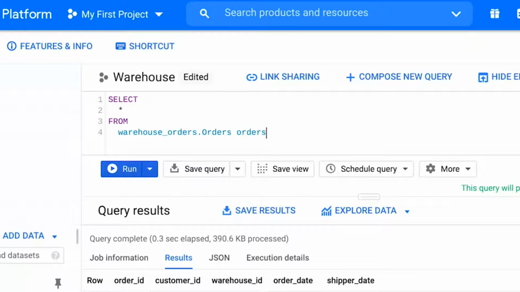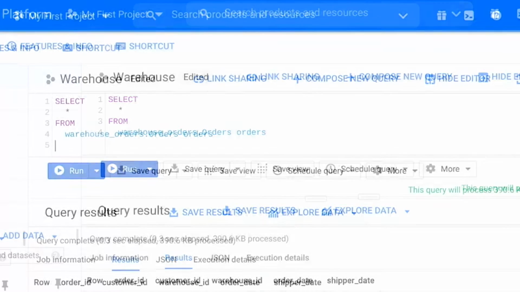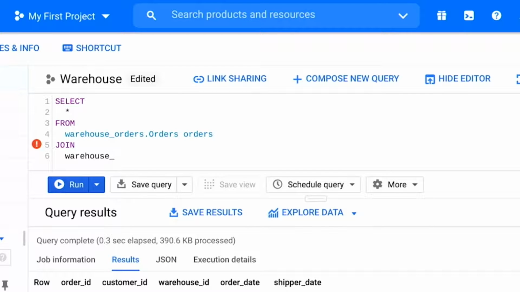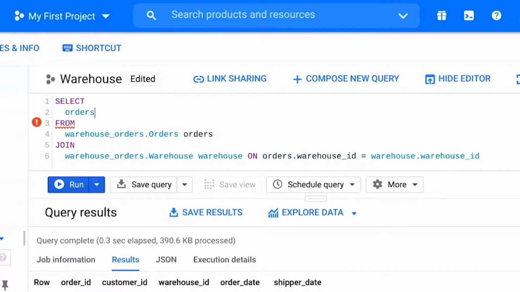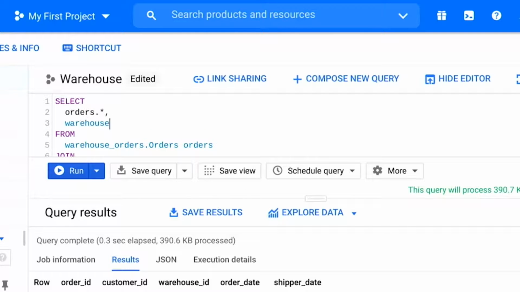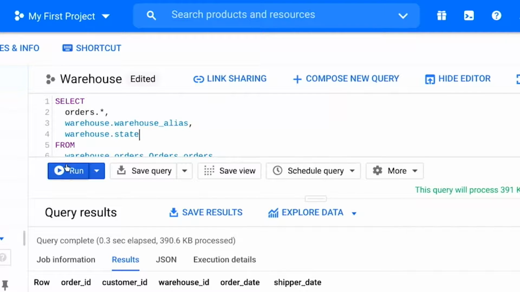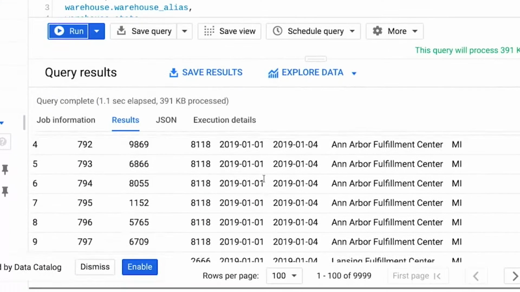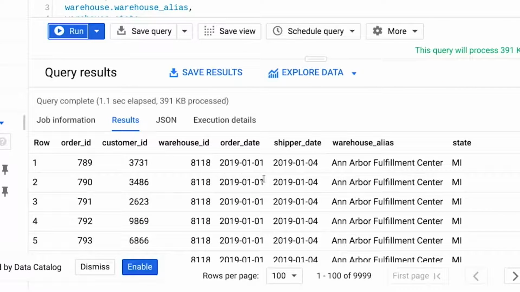Let's say we need both the warehouse details and the order details because we want to report on the distribution of orders by state. So we're going to join these two tables together since we want data from both of them, and alias our warehouse table in the process. In this case, we're using join as shorthand for inner join because we want corresponding data from both tables. And now that we have the aliases in place, let's build out the select statement that comes before from. Let's run that. And there, now we have data from both tables joined together, and we know how to create these handy aliases.